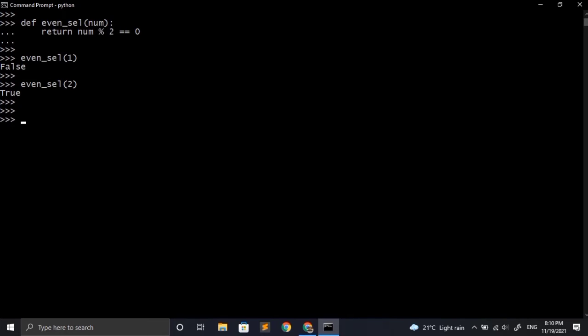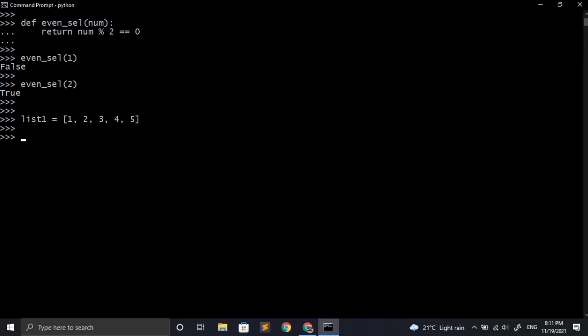If I try to provide a list to this, it won't work because it has been designed to work only for a single number. But using the filter function, we can make it to work with a list as well. So first of all, I am making a list here and after that I will be providing the values inside the list. Keep in mind that these should be integers only.